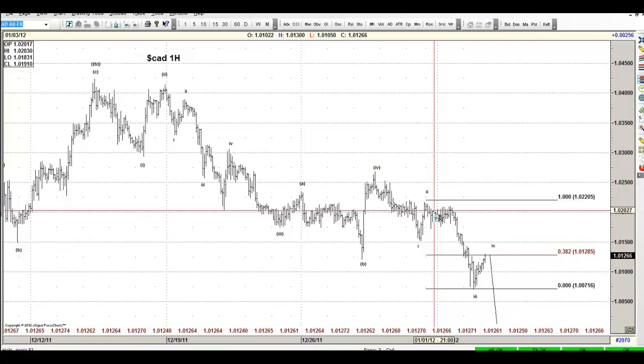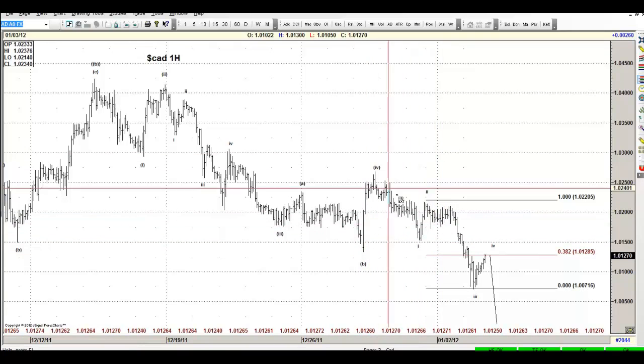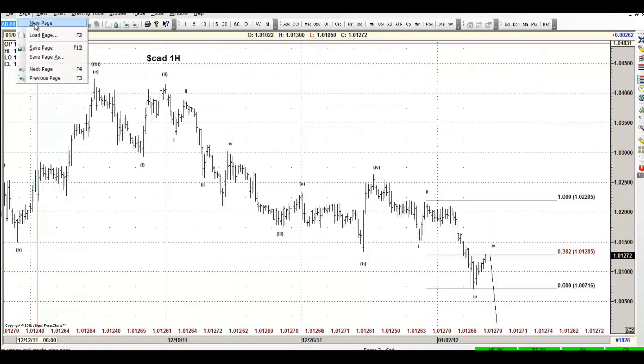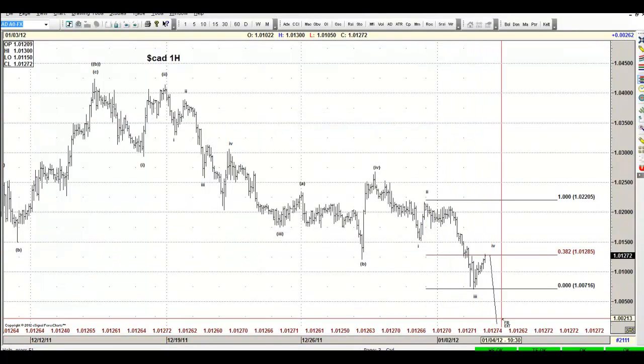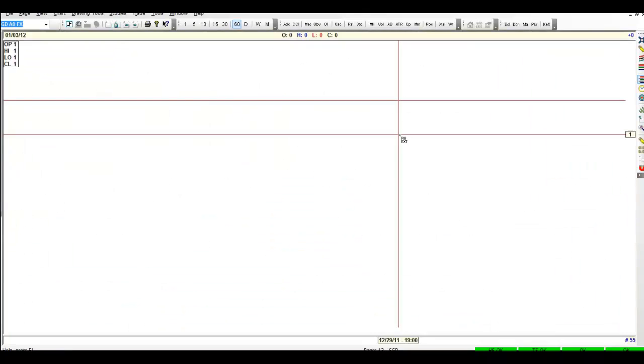Last night we got tricked around here looking for the C-wave high, and I knew, and I told many people that only the flat can take us out of the trade. So with that in mind, keep that a possible bounce. We should get more downside in the dollar, but we should expect 3 ways back minimum very soon in the dollar. Now, let's take a look at a very singular pair like